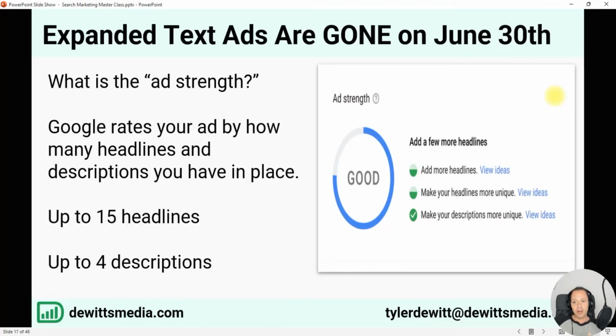And this is what I was talking about earlier. Expanded text ads are gone on June 30th. And as mentioned, this was the speaking deck that I used to speak with, and I was actually speaking before June 30th. So I want to cover this. What is the ad strength? So when you start creating responsive search ads, RSAs,